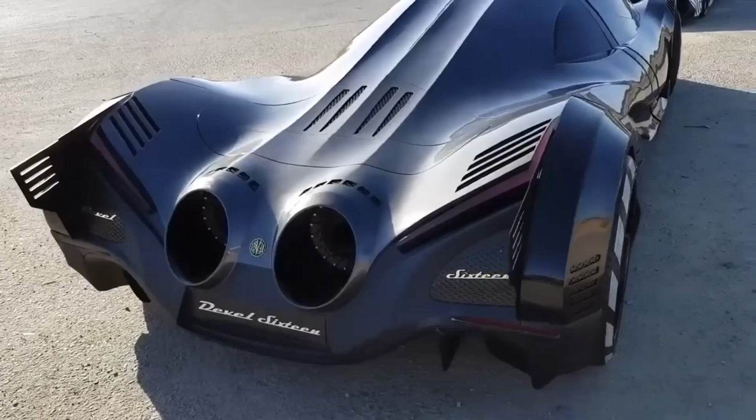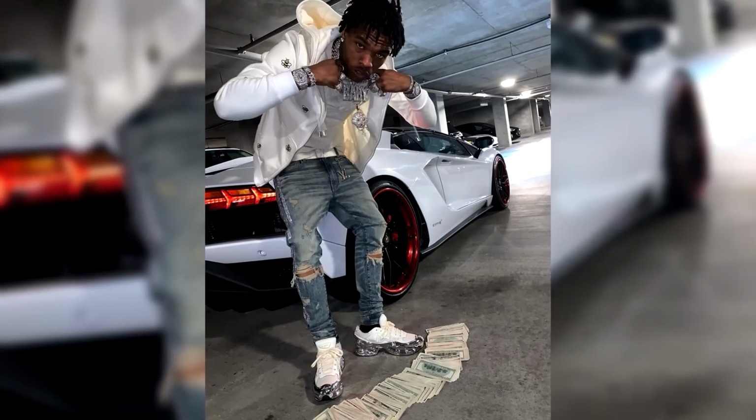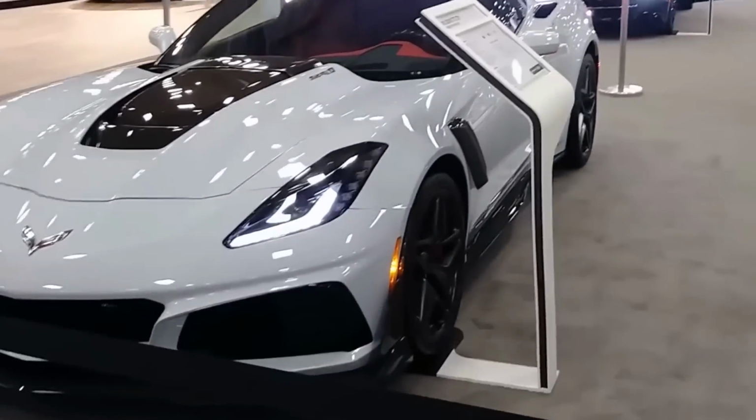When rappers sign their multi-million-dollar record deals, they love to spend most of the money. They buy the craziest items you will ever see, such as the items Lil Baby has purchased. Starting out with the 7 cars that Lil Baby has purchased, his first one was a Chevrolet Corvette ZR1, costing